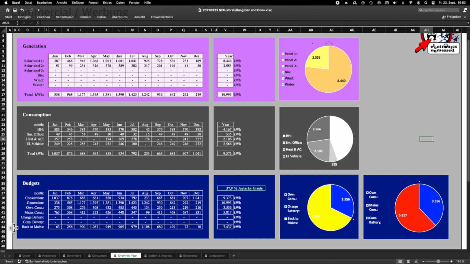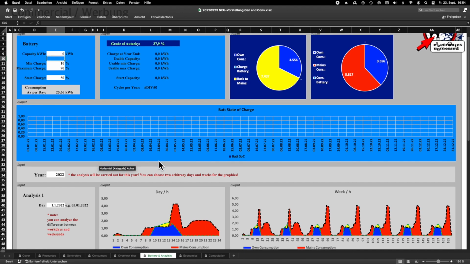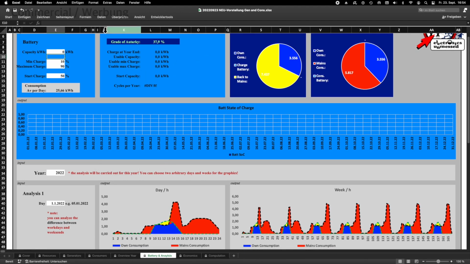I have now also added the grade of autarky, because everybody who deals with sustainable energy production would like to know that. In the battery and analysis sheet, the grade of autarky immediately gives us important feedback, for example, if you want to find the right size of a buffer battery.